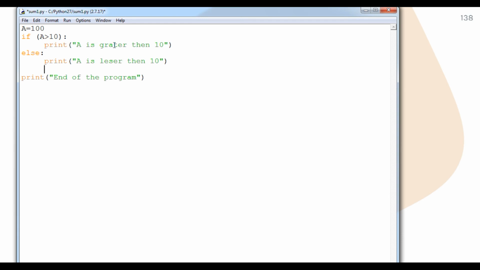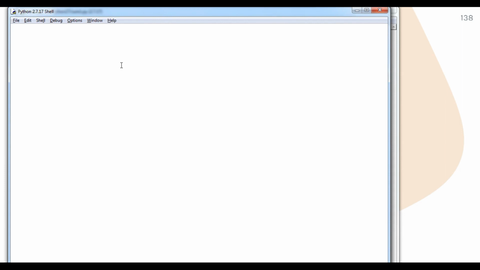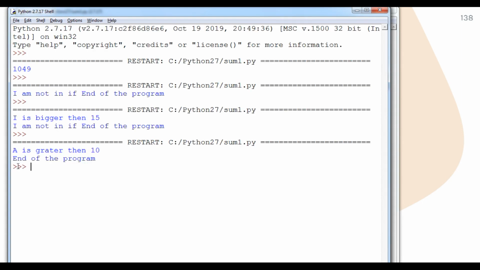If it is greater, it will give you the answer a is greater than 10, otherwise it will print lesser than 10, and this one line will always print, because it is outside the indent of the if else block. So we can just run it, and now we can see the output has come, a is greater than 10, definitely it is 100, and end of program.